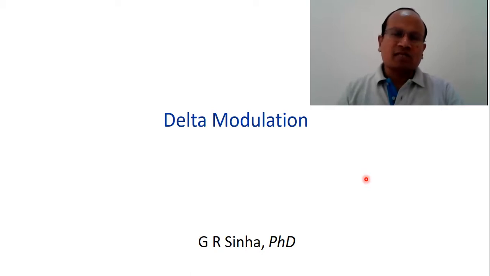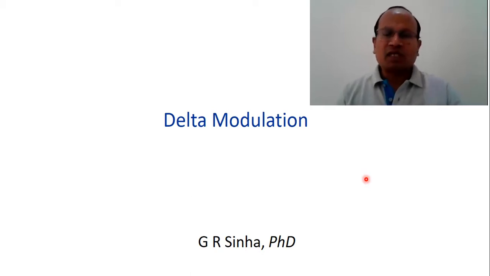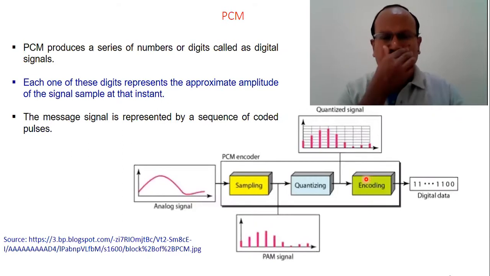In this lecture, we will discuss PCM, DPCM, ADPCM, then we will go to delta modulation, how this is better or an extended version of those modulation methods. So to begin with PCM, as we know that